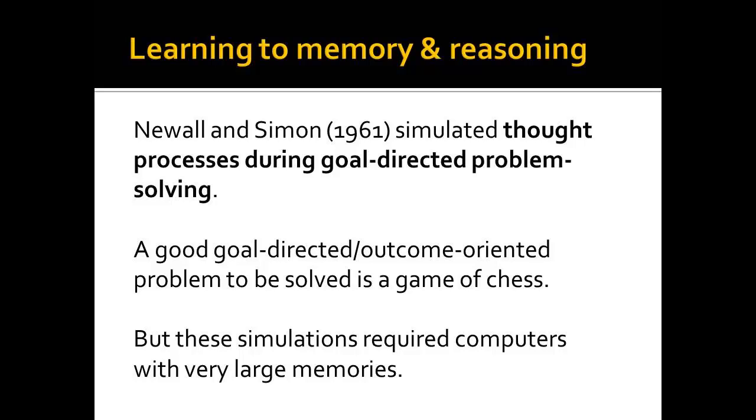This was no trivial task. Computer scientists at this time quickly discovered that the learning theories from behaviorism were not enough to simulate intelligent behavior. So what was needed exactly for a computer to win at a game of chess? A game that exemplifies outcome-oriented reasoning? Well, the answer is memory. These computers required large amounts of memory. They needed to store a lot of possible strategies and potential chess positions. In other words, we quickly realized that outcome-oriented behavior relied heavily on memory.